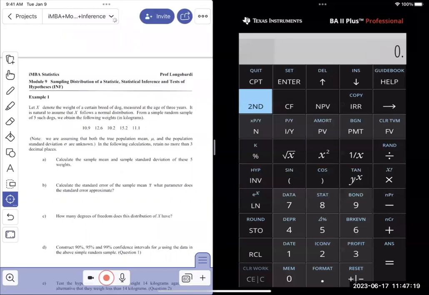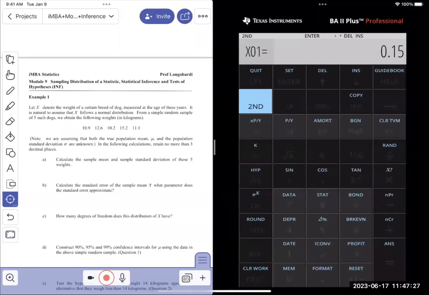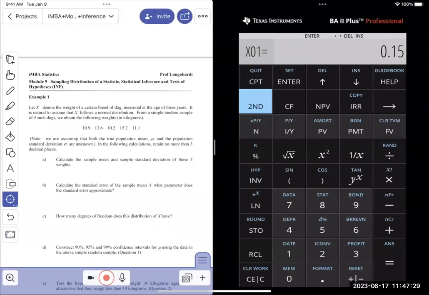So I'm going to use my stat mode. Sorry, I'm going to use my data entry mode for statistics. I'm going to clear, so I have to clear work and start entering my values. So I'm going to enter 10.9, enter, scroll down to the X's, 12.6, enter, scroll down, 10.2, enter, scroll down,